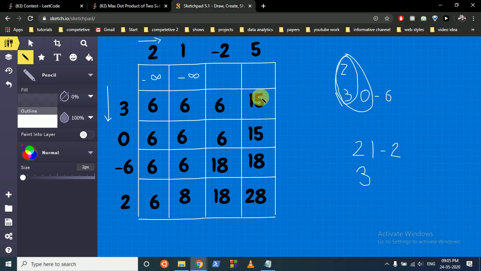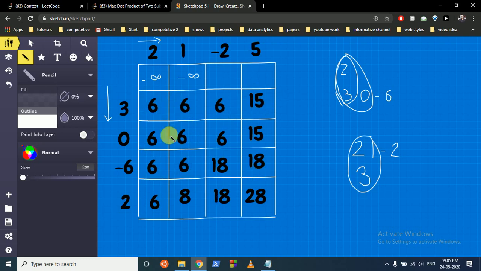Now for filling these border elements, as we can see, if you also take -2, this can be either this, this or this. Okay, but the maximum of this we have stored here. So it can be either this or this maximum, and this maximum is 6. So for filling these, we can either multiply this with this, which is 3, or take the left element, which is 6, the maximum of it. So as we can fill it, it becomes 15. So it is more than 6, so we update it, as you can see. Okay, so now we have filled this element and this element.